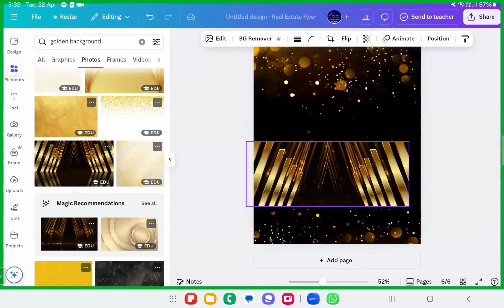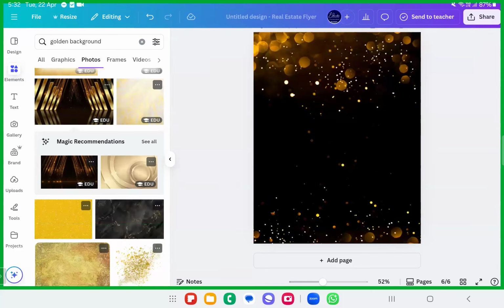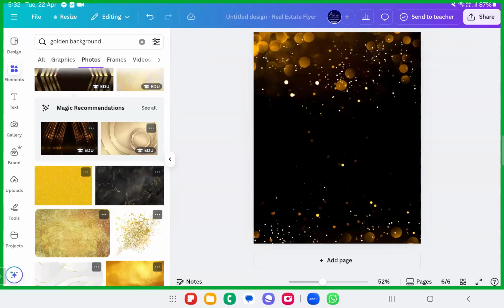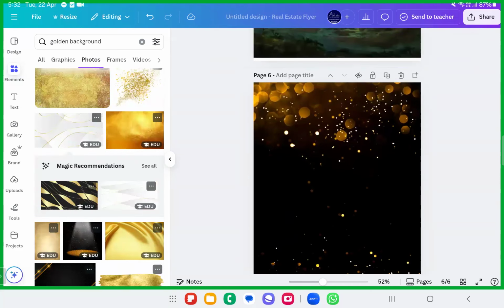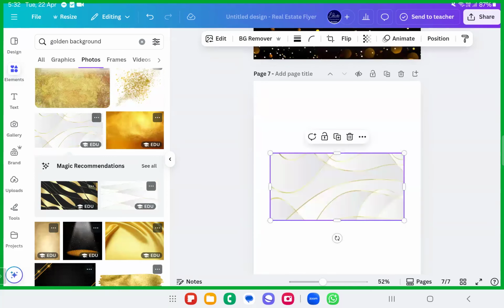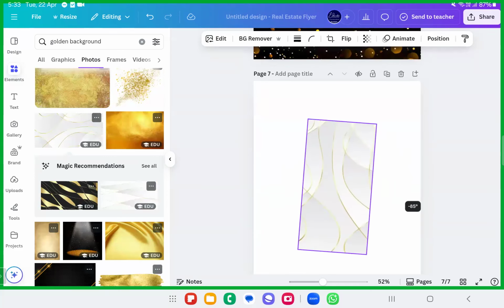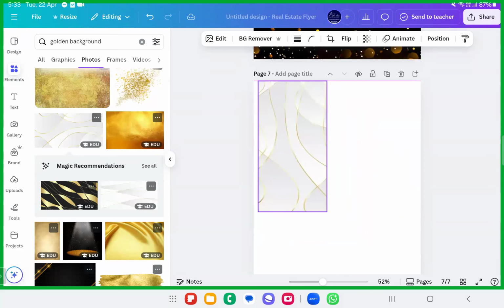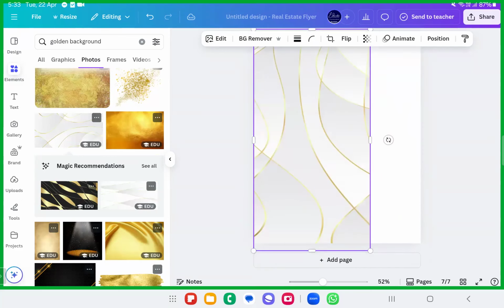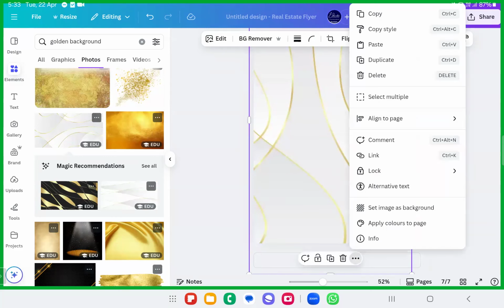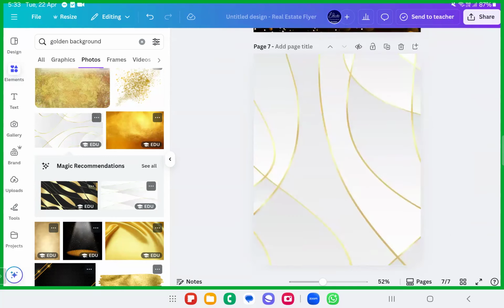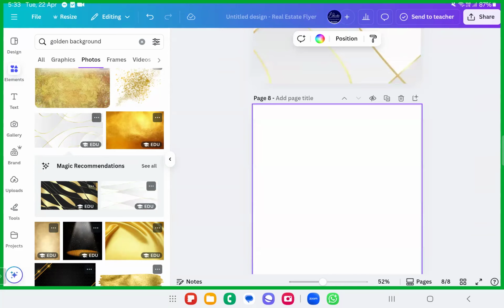Something like this. Or if you are going to use this one, you can go ahead with that. This one is excellent. You can even use this one. Please write this down. Take some time and write these things: gold backgrounds, gold illustrations, gold borders, or something like that. You can make it a background itself. You don't need to set an image background. Add it over.